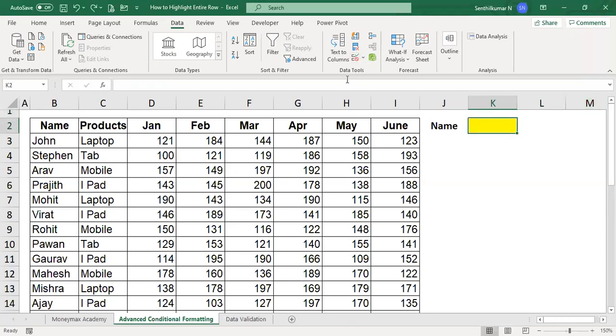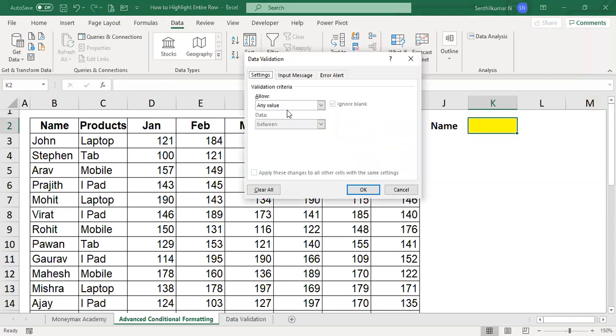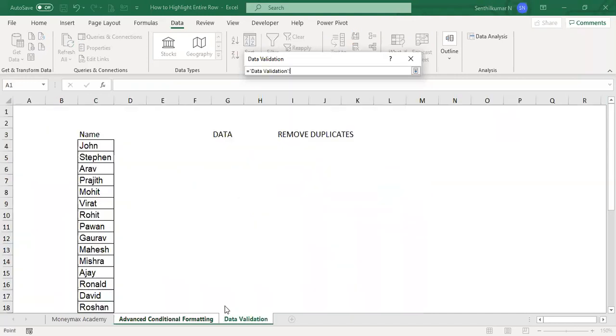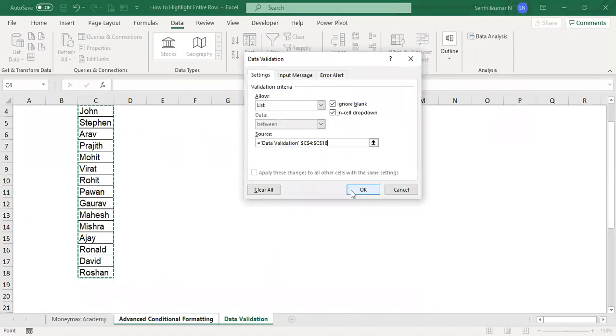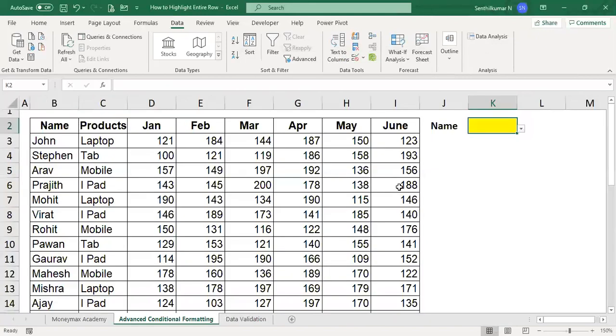So what we have to do: data menu, data validation, settings, list. Set up the list, starting from John, and select the entire data. Press enter. Now, if you look, all 15 people's names are available.